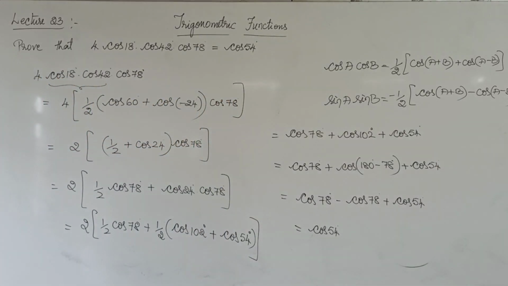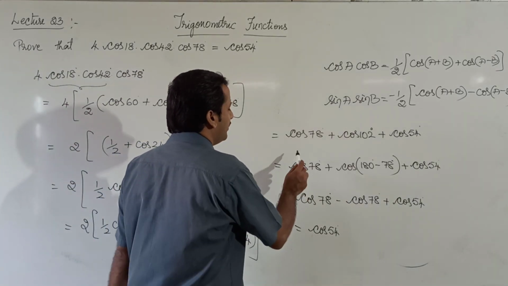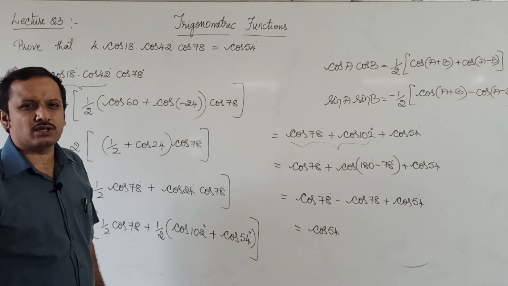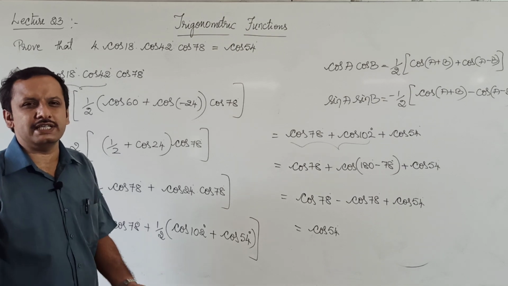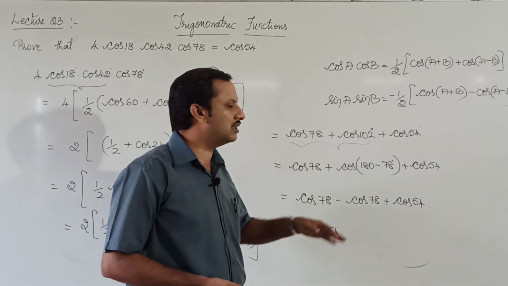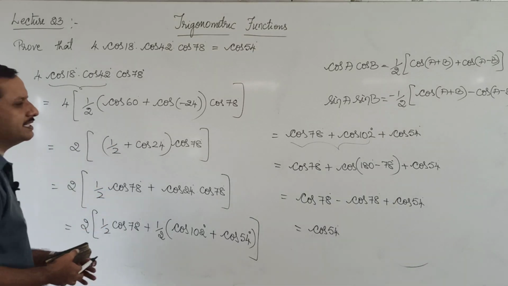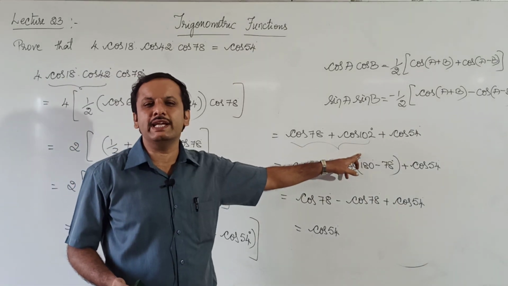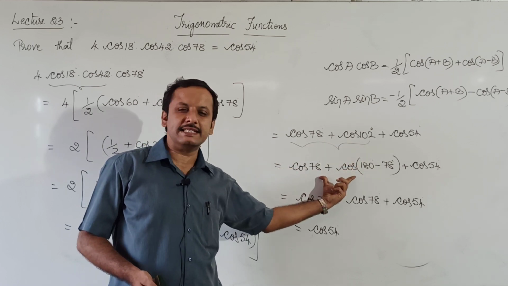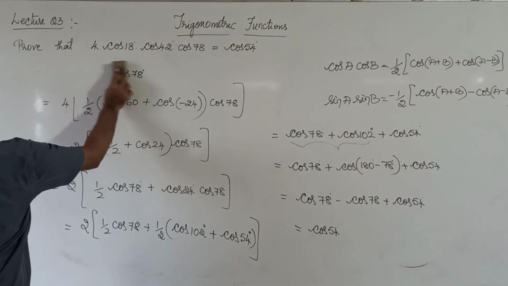That's what we want. That you can do. Or else, between these two, you can consider the cos C plus cos D formula also. Cos C plus cos D is equal to 2 cos (C plus D) by 2 into cos (C minus D) by 2. If you use that and simplify, you will get the same answer. Because then (C plus D) by 2 will become 78 plus 102, 180 by 2, which is 90. Cos 90 is 0, and 0 into that is 0. So this sum will be 0, and 0 plus cos 54 degree will remain, which is cos 54.